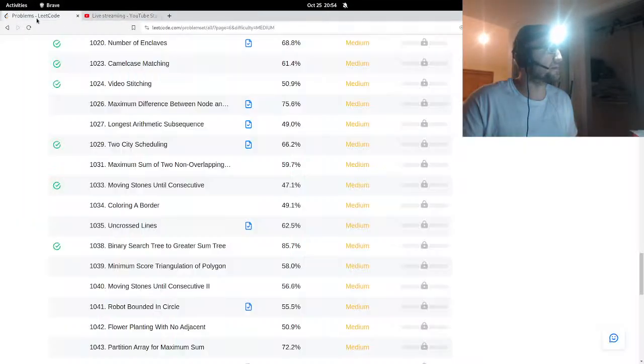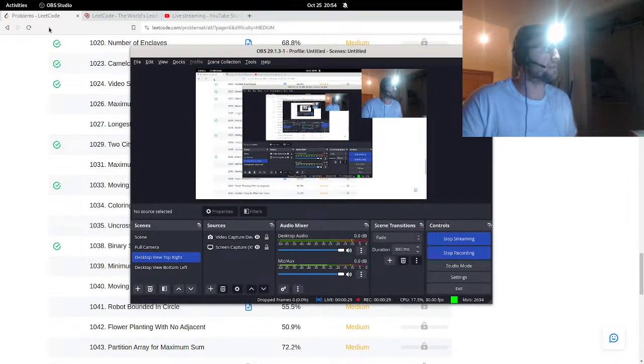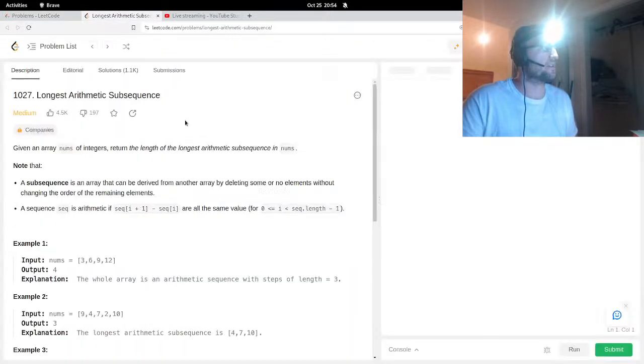Alright, so we'll close the previous question, start the next one. So that was the previous one. Here is the longest arithmetic subsequence. Let's give that a shot. Okay, so